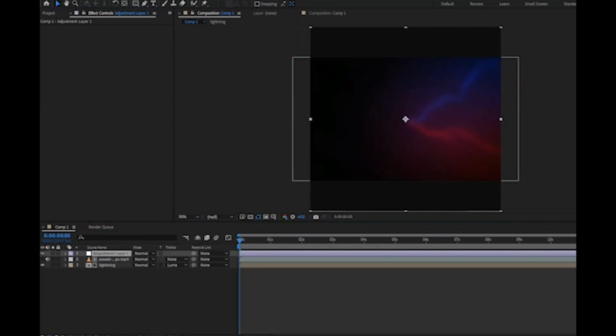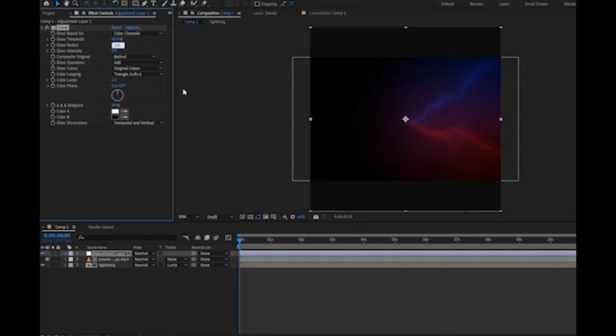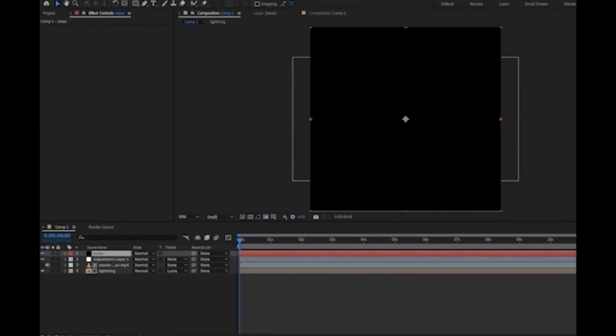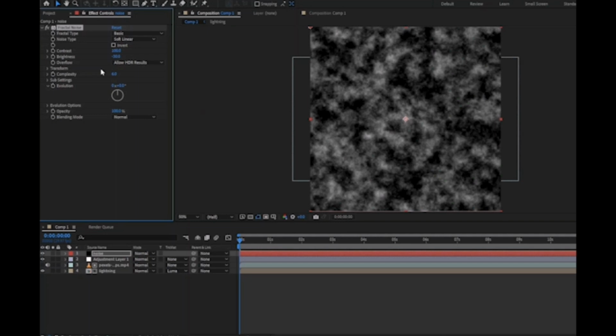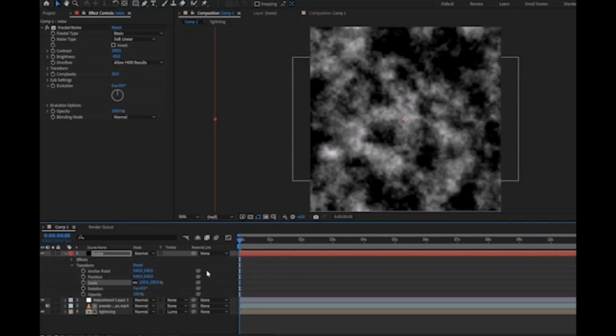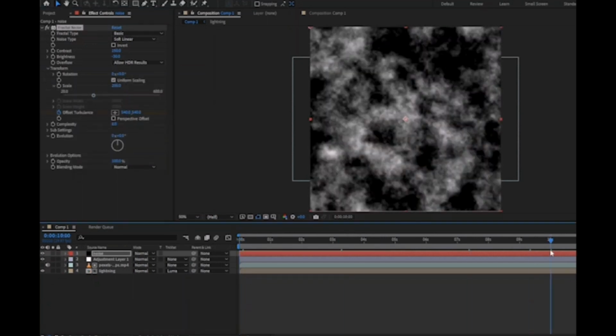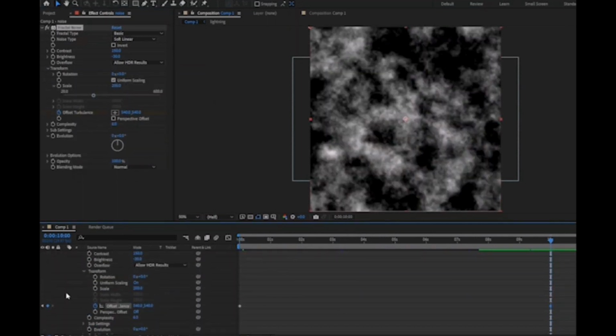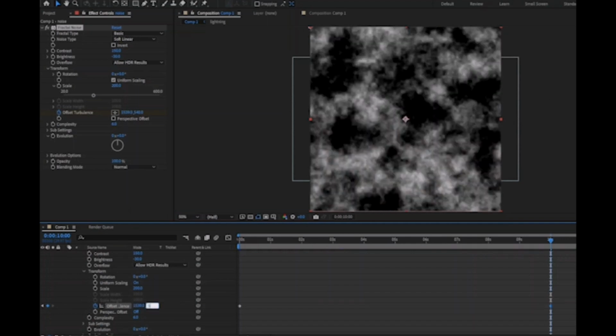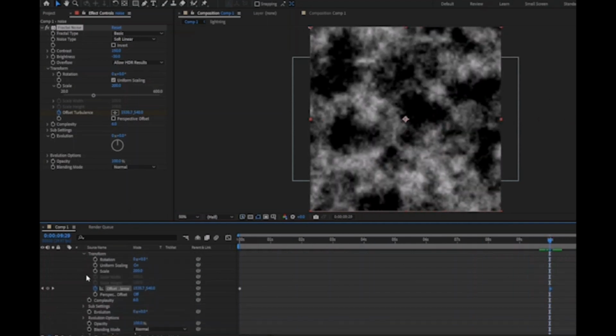Add set matte to lightning, go to track matte, choose your background layer, go to matte, go to luminance, and invert matte. Add an adjustment layer, move it in front of all your layers, add glow to it, make the intensity 0.3, go to the radius, make it 300, add a solid layer, go to effects, add fractal noise, go to brightness, make it -30, go to contrast, make it 150, go to complexity, make it 20, go to transform,